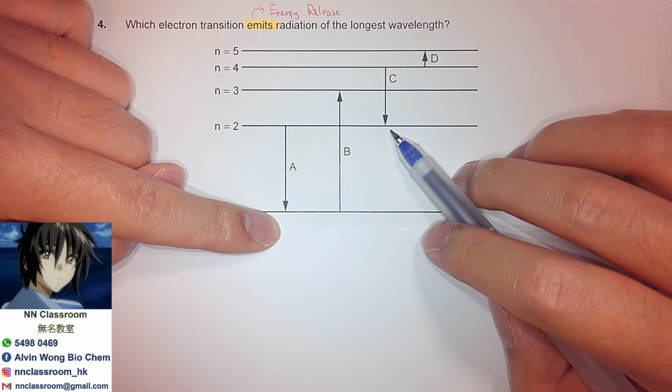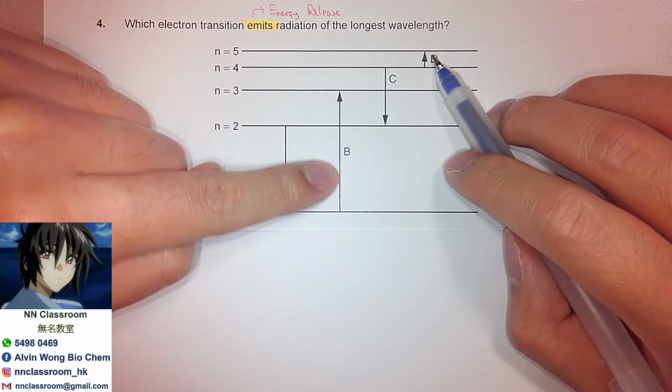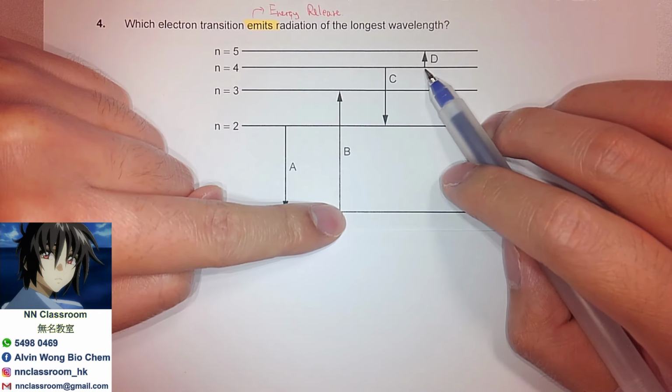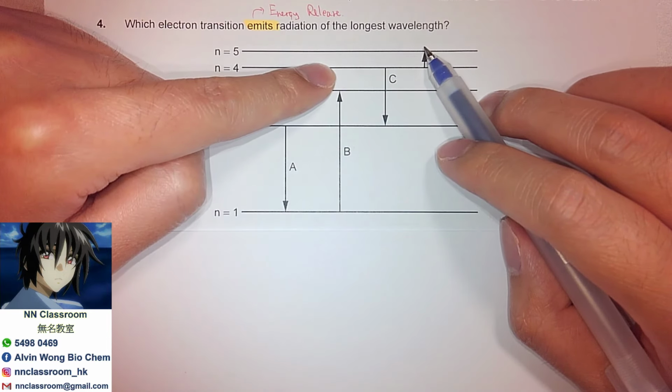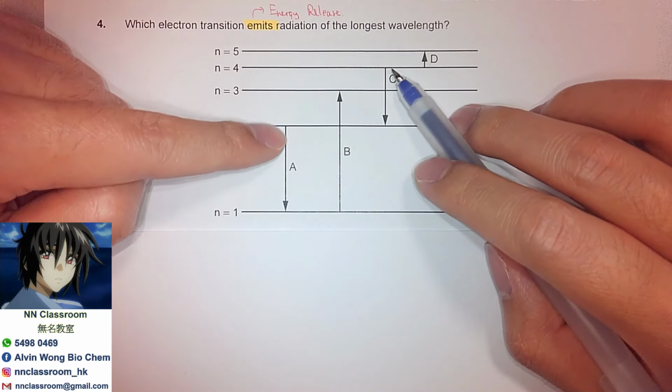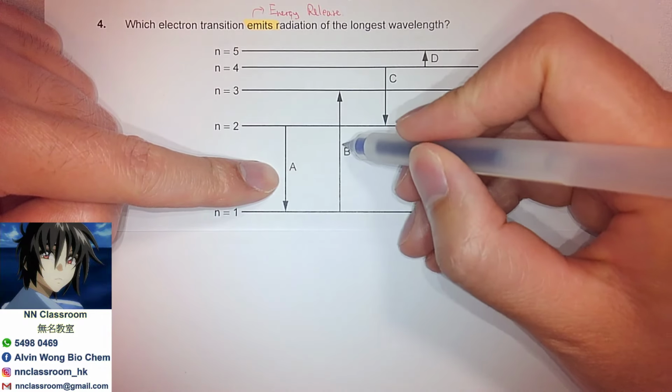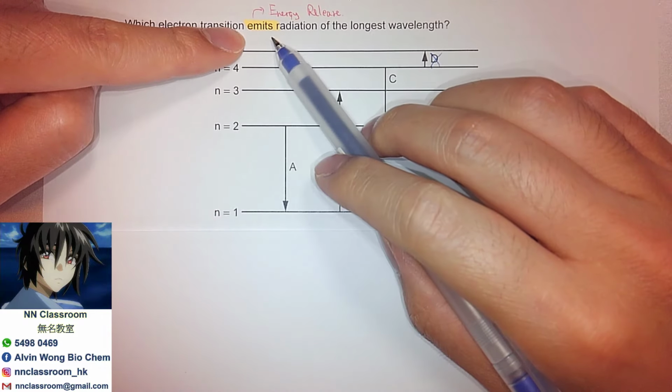Sometimes we call it the ground state, right? But not going up according to the law of conservation of energy. Because if you want to achieve a high energy level, you got to absorb some of the energy, right? But not releasing. So that's why we should be now limiting to choice A or C. So which means not B and D from the first keyword.